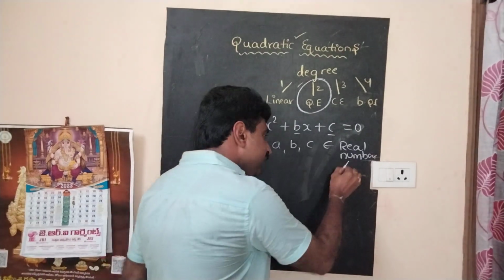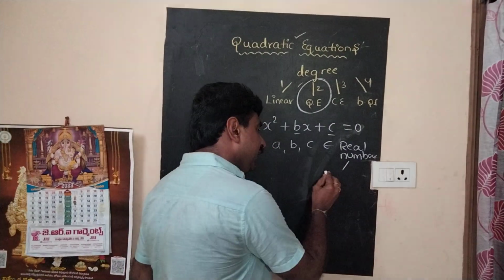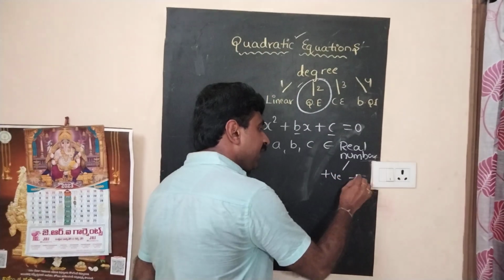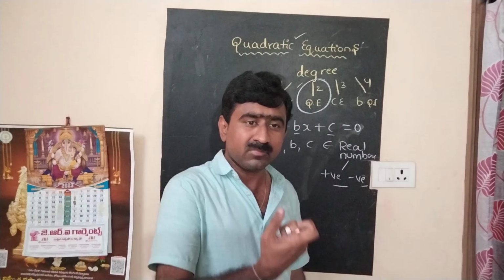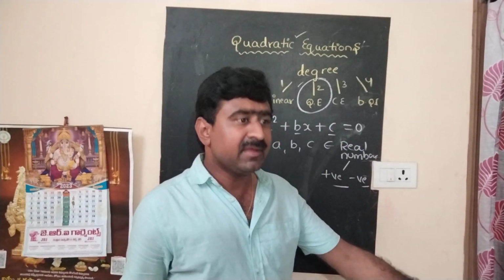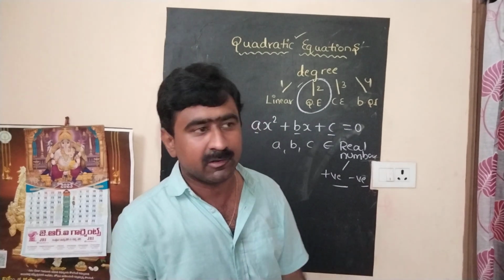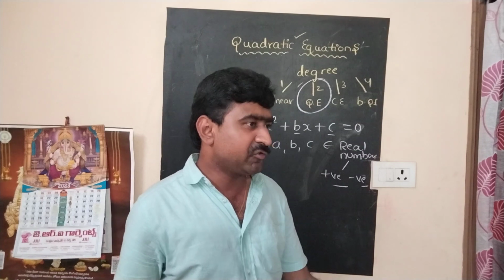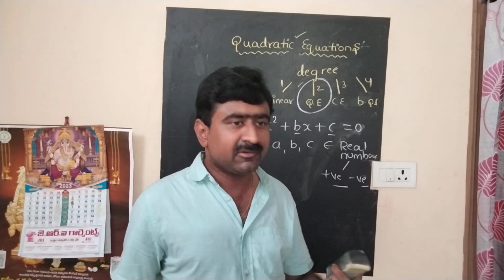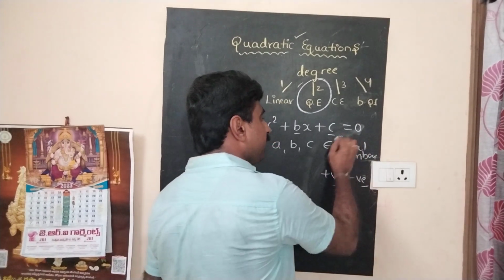Here, real numbers can include both positive numbers and negative numbers. Combining these two kinds of numbers, we call them real numbers. In simple terms, it is both rational and irrational. We say it is a combination of both positive and negative numbers, including rational and irrational numbers, and we take them all under real numbers.